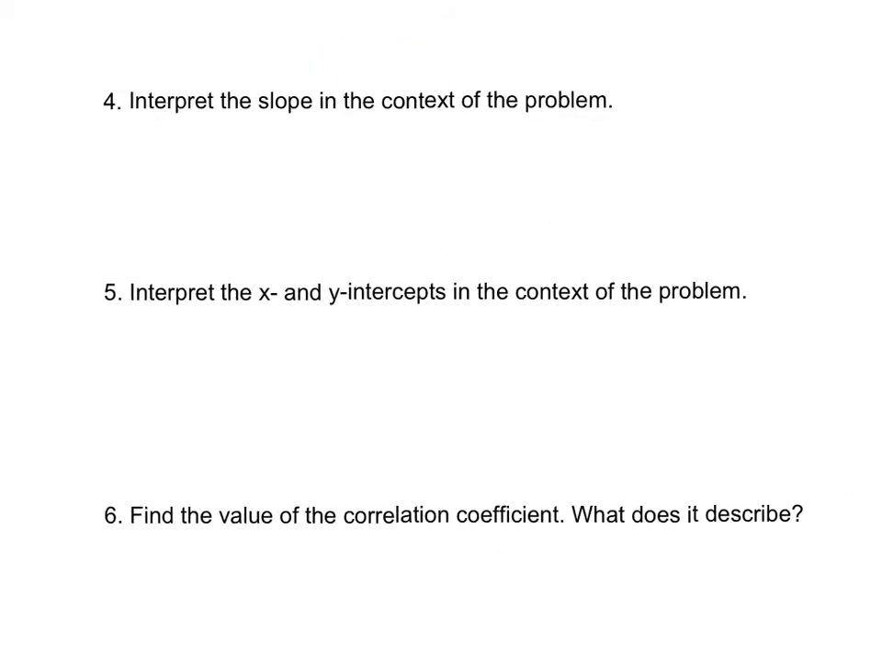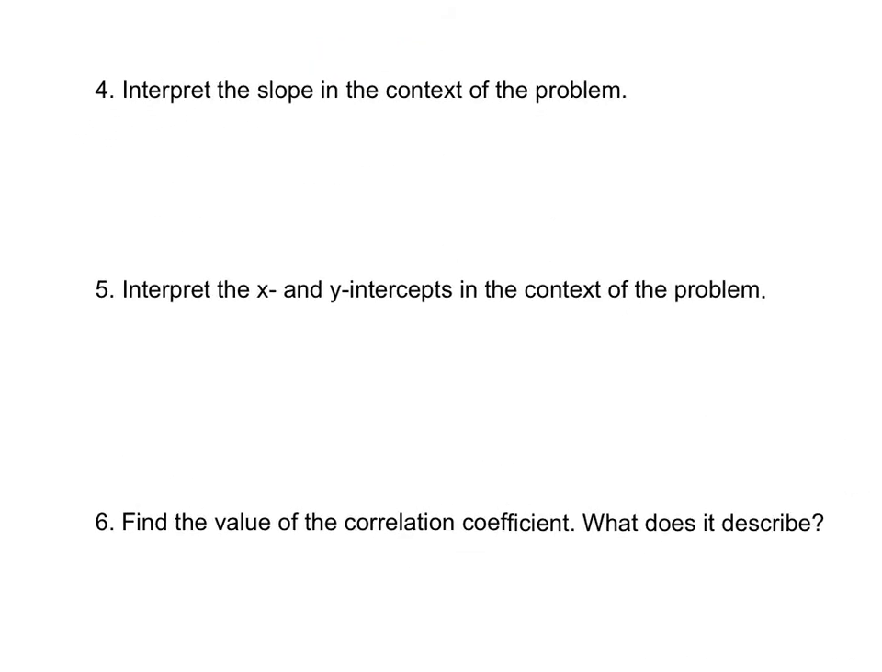So next we are going to interpret the slope in the context of the problem. So to just rewrite my slope, we had a equals negative 2.57. And when we think about what slope is, it's the change in the y over the change in the x. So what I can say is